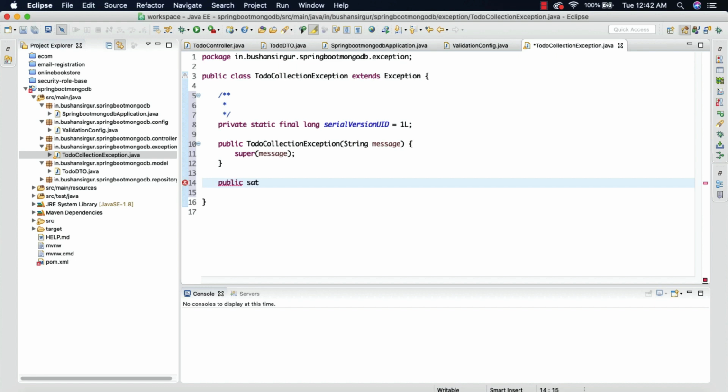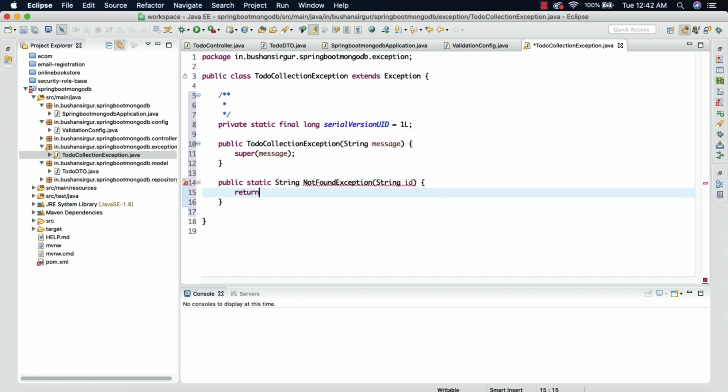Public static String notFoundException, and we're going to accept the id as a parameter, and we're going to return a string: to-do with id not found.